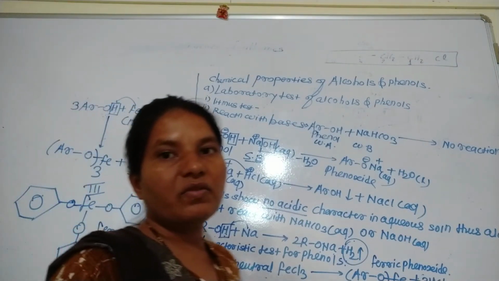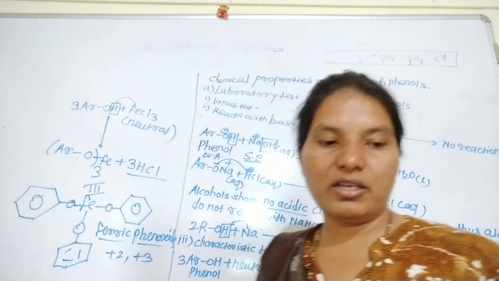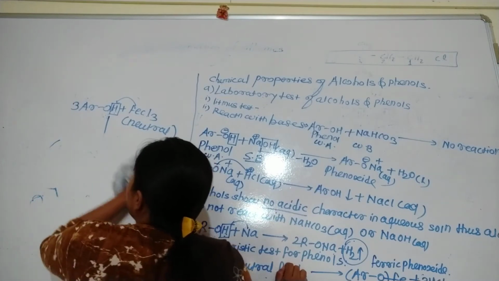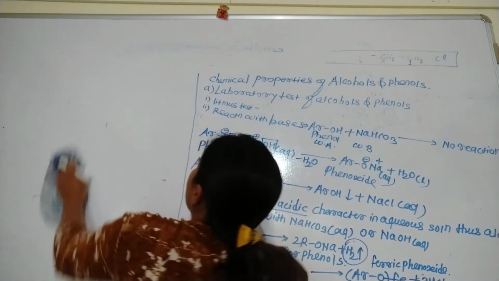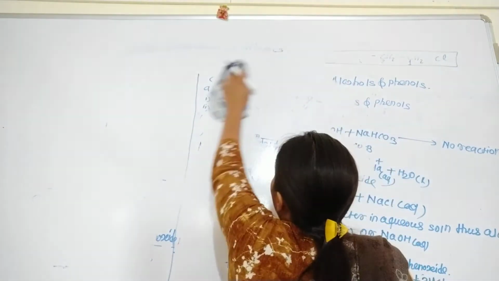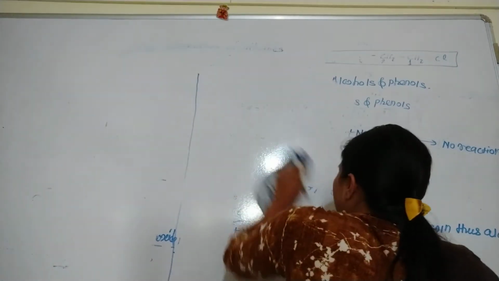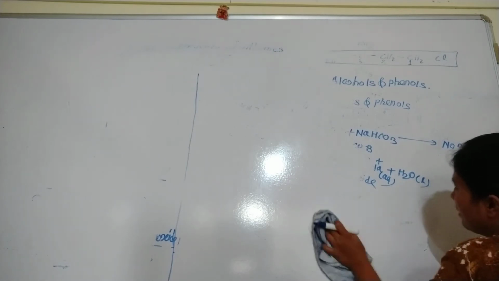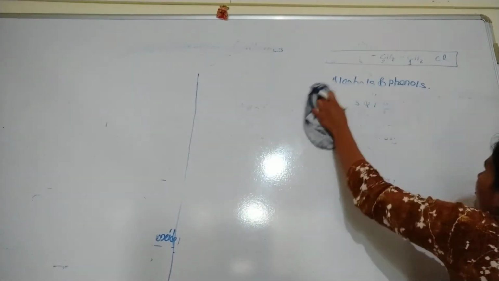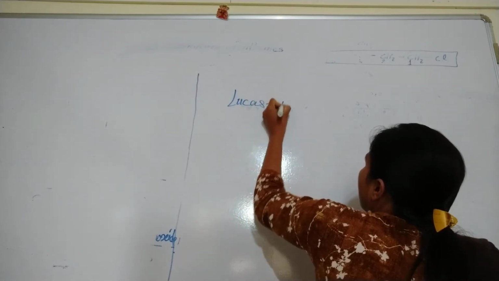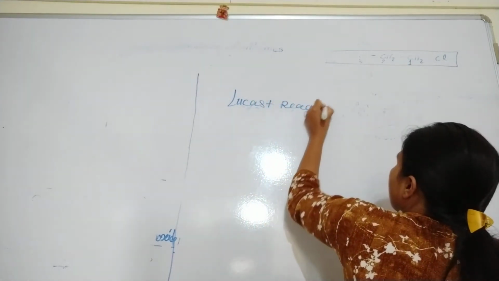Then the next test, the distinguishing test for primary, secondary and tertiary alcohol. How can you distinguish primary, secondary and tertiary alcohol? It's a very simple one. Basically, I take the alcohol and add hydrochloric acid in the presence of Lucas reagent. Lucas reagent, that means what? It is the mixture of concentrated HCl and